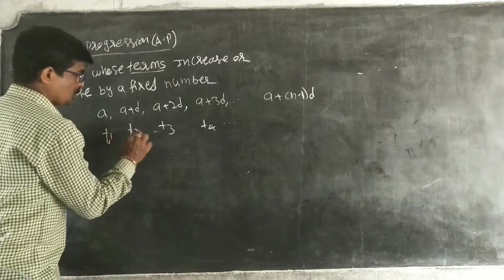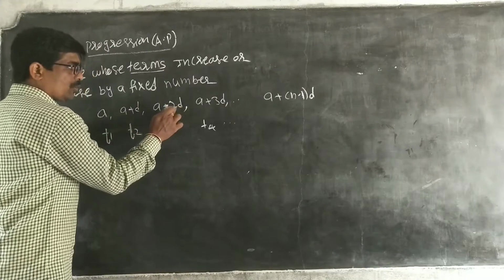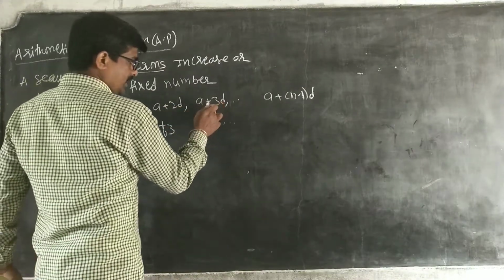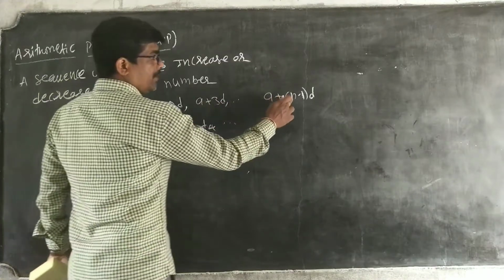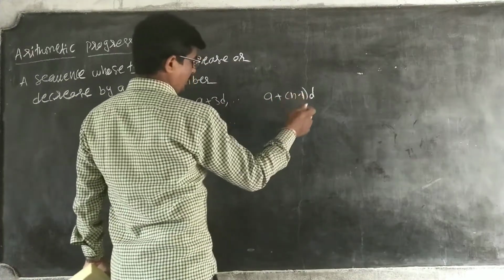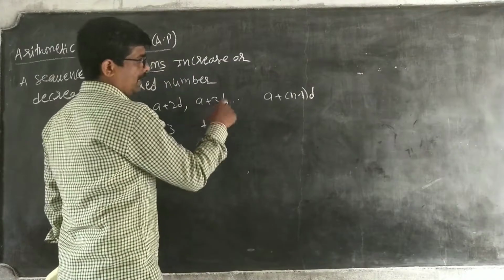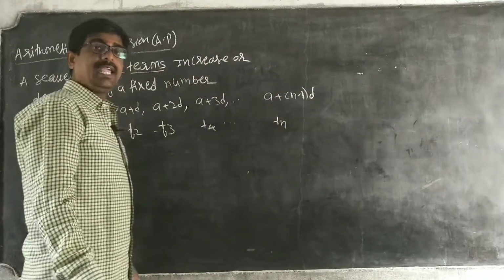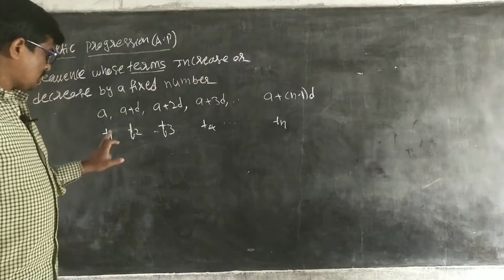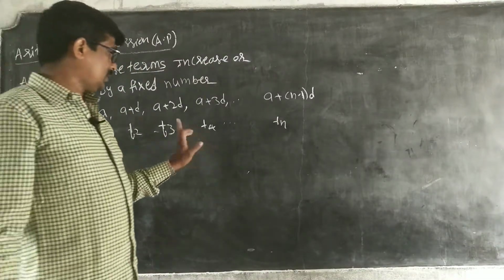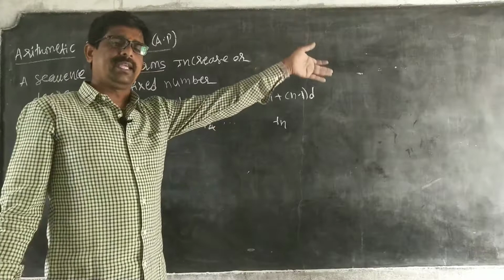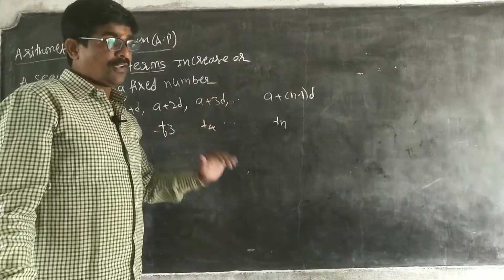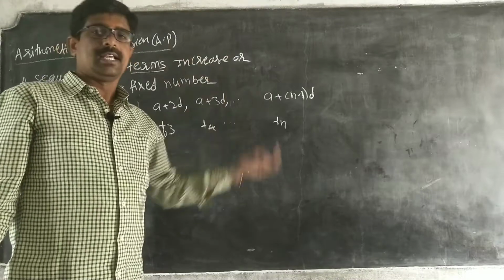T1, T2, T3, because the different coefficients are 2, 3. Here the different coefficient is 4, so you are writing 4. Here n minus 1, n minus 1. So compared here, 1 less, that is equal to, this is called the T-nth term, the Tn term. So T1, T2, T3, T4, T5 up to Tn, whatever it may be. So this is an infinite series or finite series, we are saying later.